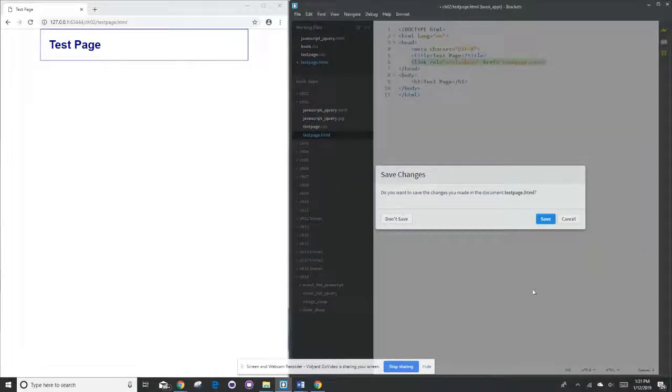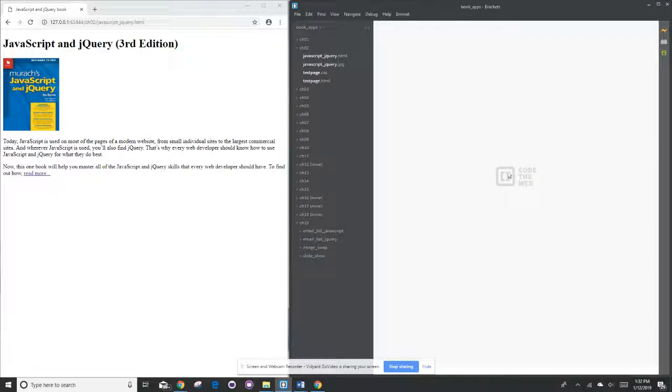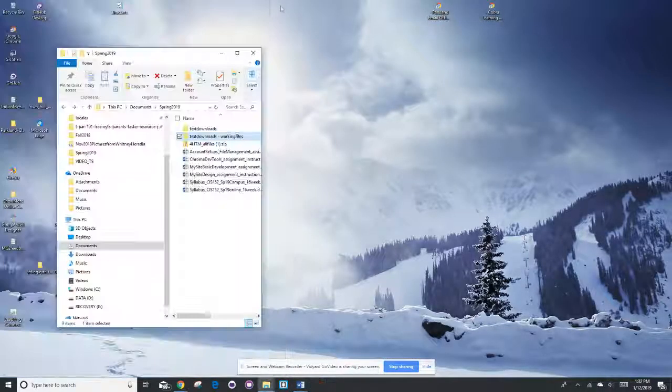Now if there's anything that I haven't saved, it will bring up a question confirming that I want to save any changes. And then finally I can close brackets and I can close my Chrome window. And that's all there is to it. So that was a quick little intro to brackets, and I'll save this so we can get working on the rest of